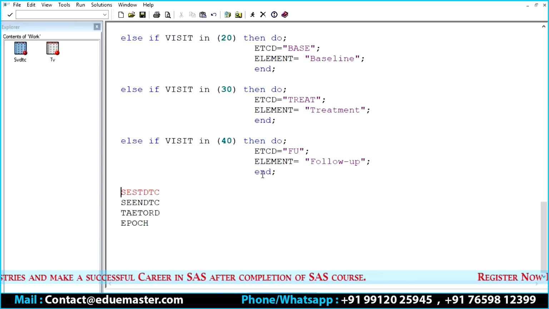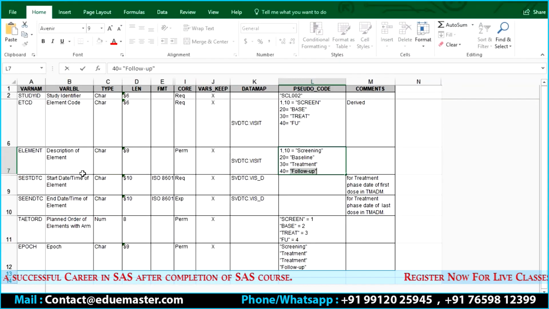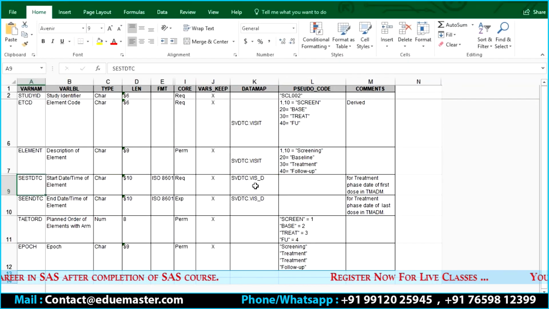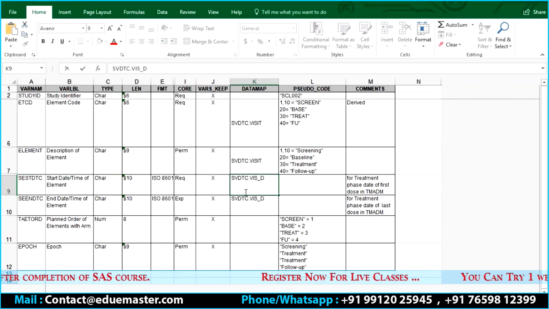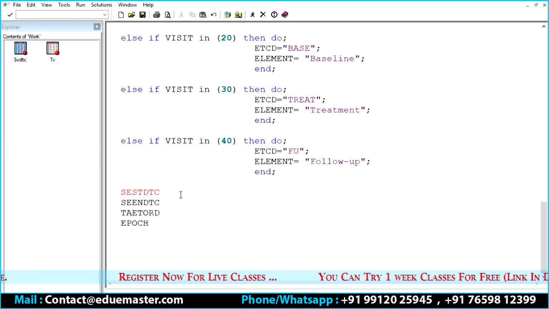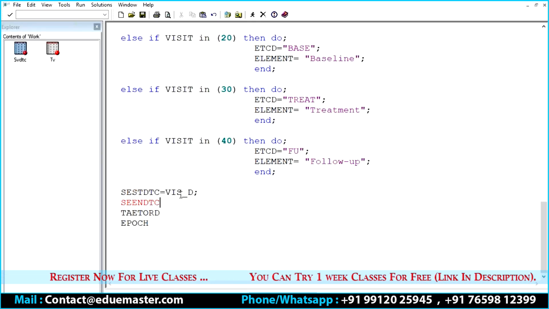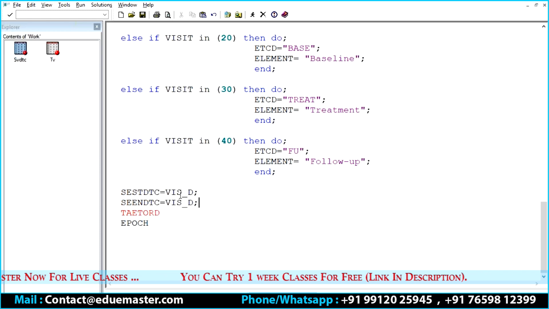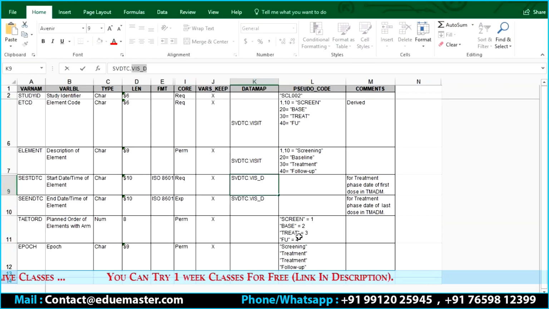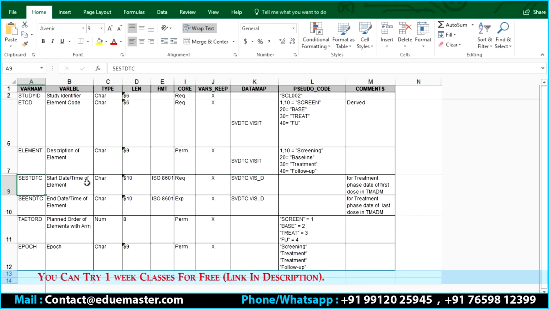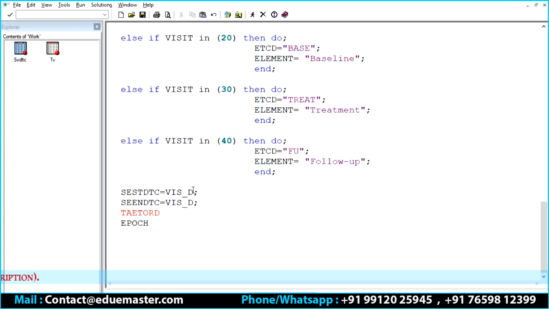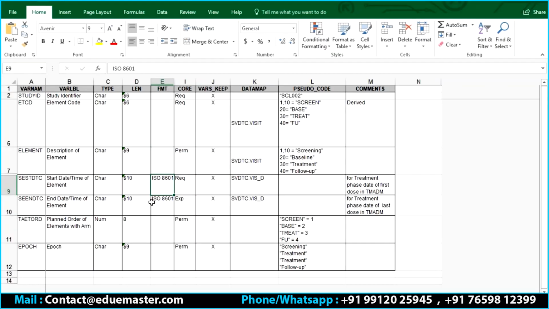What is the next variable? SC, which is nothing but we can directly assign this format, right? Sorry, this variable vis underscore d. Okay, equals to vis underscore d. This also equals to vis underscore d. But let us check the format. Okay, date. So ISO 8601. ISO 8601 format is nothing but YYMMDD. Okay, YYMMDD. And what they are saying here,